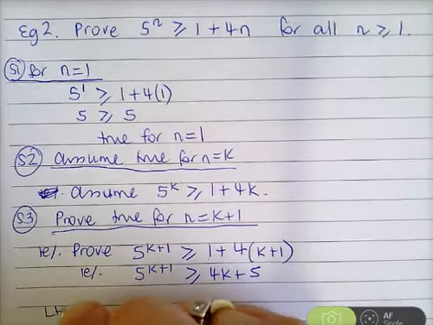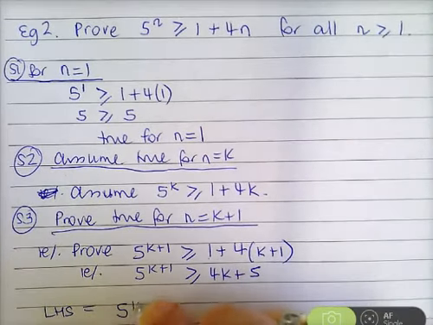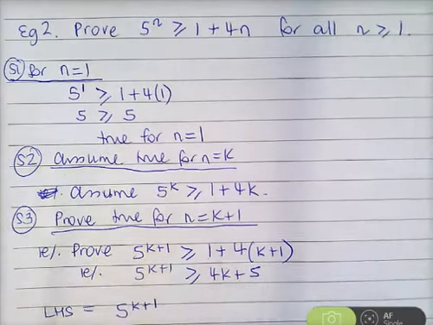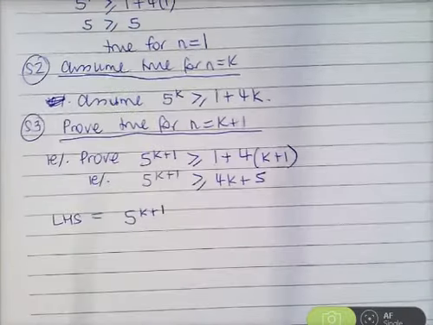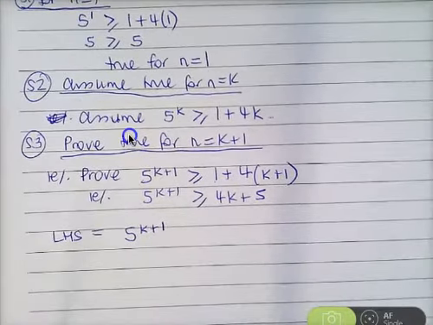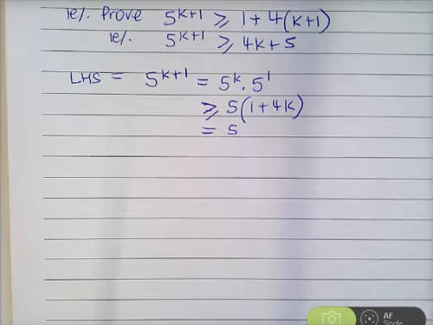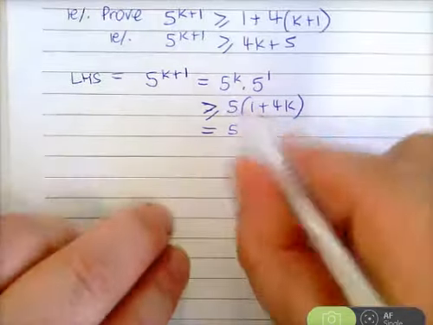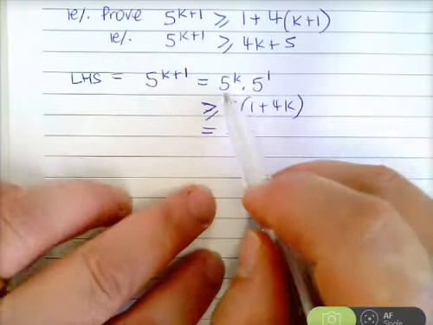And you can start with your left-hand side, which is 5 to the k plus 1. And you get moving now. Yeah, good. 5, isn't it 1? Oh, yeah, 5, yes, good. Great. Okay, girls, now, so we've got 5 to the k plus 1 equals 5 to the k